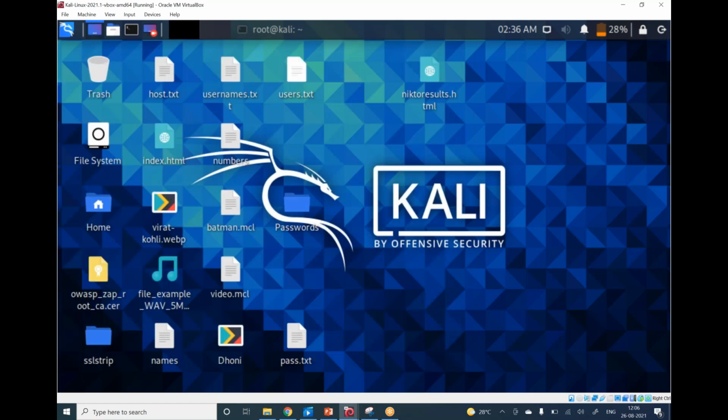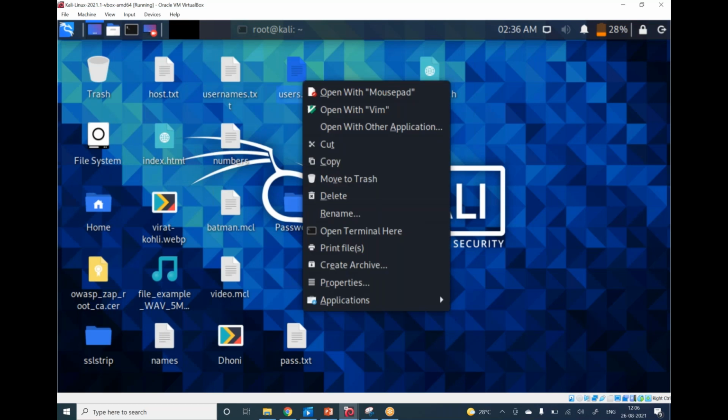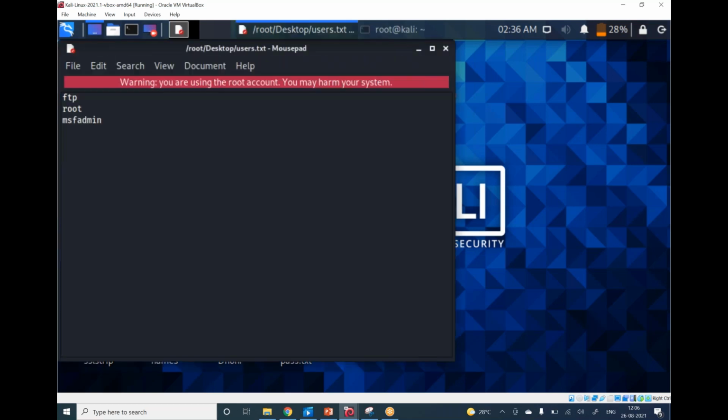This is users.txt. There were so many users in users.txt. I just changed it and put in three names to make sure it gets faster. But I can put anything: Batman, Superman, Vijay, Dhruv, Abhishek. I can put any names because I'm just trying to guess. This could be the names of the usernames.